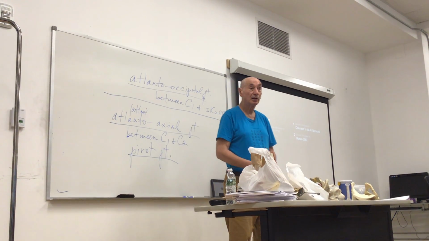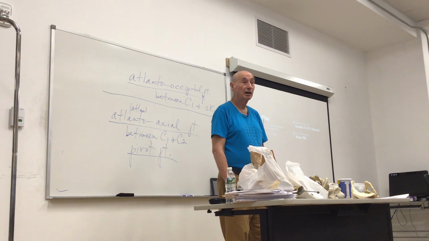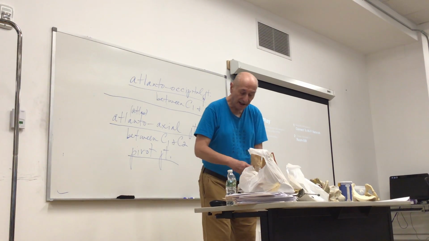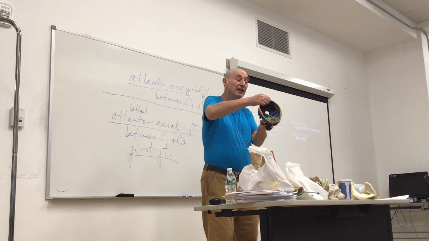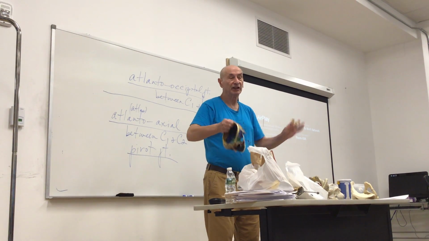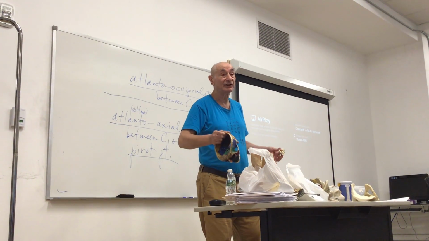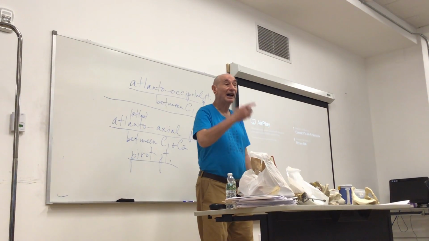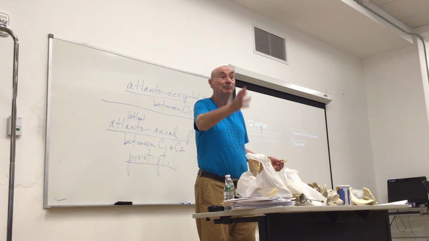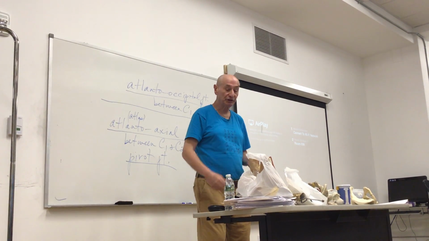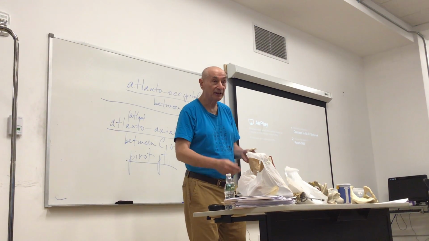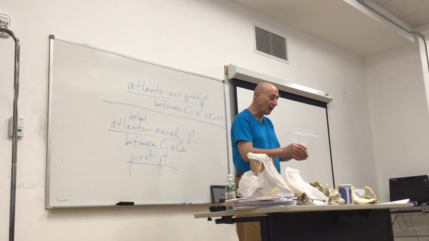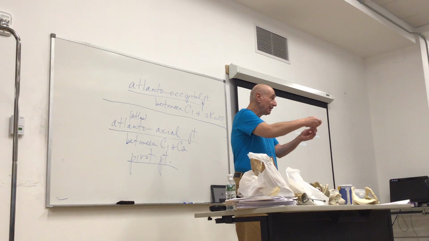Which is the atlanto-occipital joint? It means atlas-occipital. That's the atlanto-occipital. What kind is it? We don't ask it. I said it's either ellipsoidal or hinge, but we're not going to ask it because there's controversy over what type. And it's not the pivot. You just need to know it's between atlas and occipital, nothing else. But the atlanto-axial, everyone agrees that's a pivot joint.